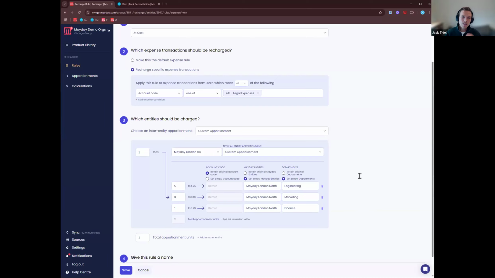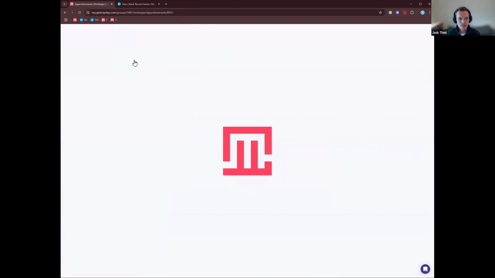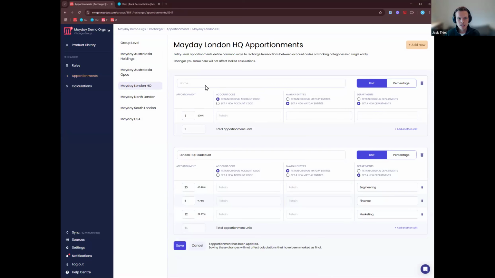Now, if you're building lots of these rules and you're always using the same percentages, you can set up apportionment methods for this. So you can go to apportionments. You can choose the entity in question. So for me, it was London HQ. And in here, you can see that I've already created one. But you just click add new rule. You choose the name. So maybe it's